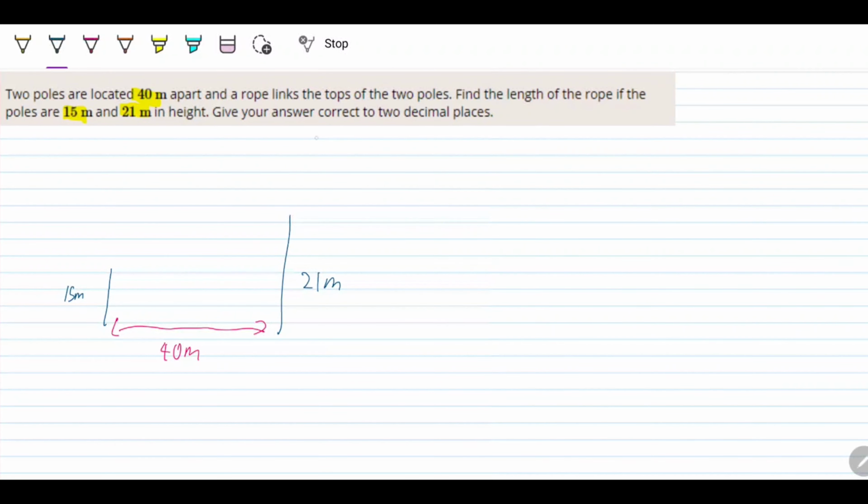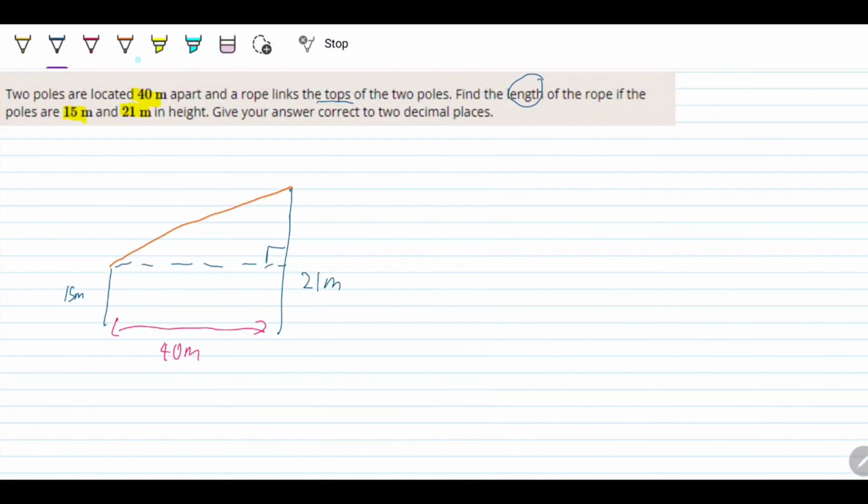Okay. So we also need to find the length of the rope. Now, where does the rope actually tie? It ties to the tops of the two poles. So that's the rope, that's the top, and this is also the rope. It also needs to tie to the top of that pole. So what you can see here is we can actually create a triangle from this. There's a right angle here,